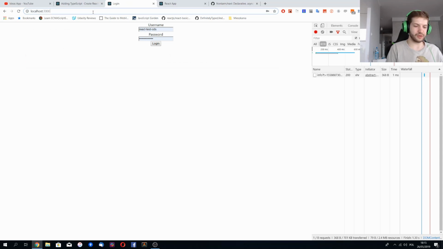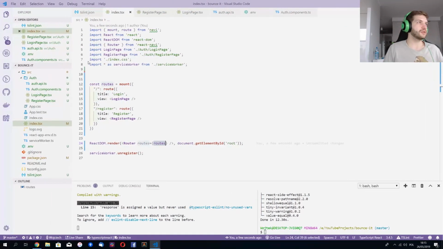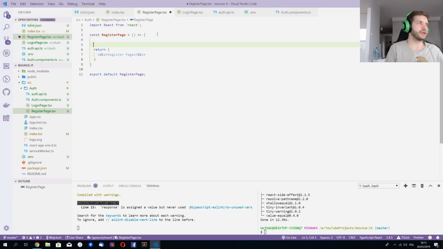Okay, so now if I go to register, yeah, it triggers the second view. So now we have the base of our navigation setup, and we can render different views based on the user location on our website. So this is cool. So let's build the register page. Okay, so this isn't going to be very complicated. So let's do